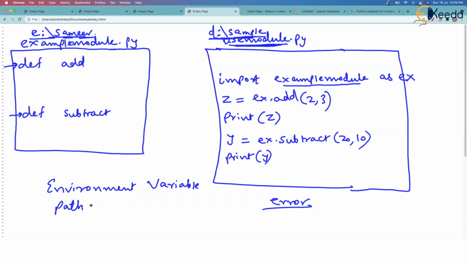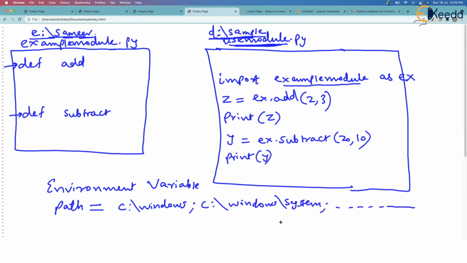And this system path is actually a list of paths. For example, on a Windows machine, typically this will be C:\Windows semicolon. So one path ends here. Next one might be C:\Windows\system semicolon, and so on. A lot of paths like this you will see in the environment variable.